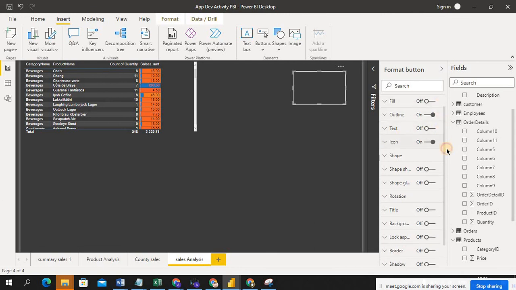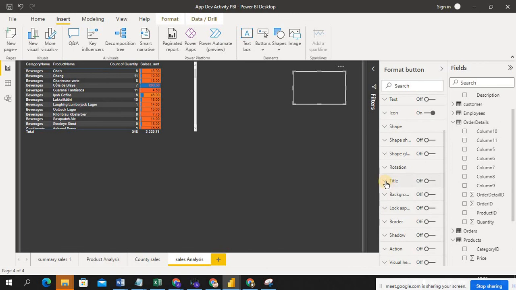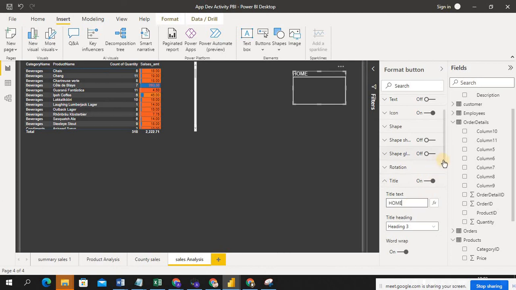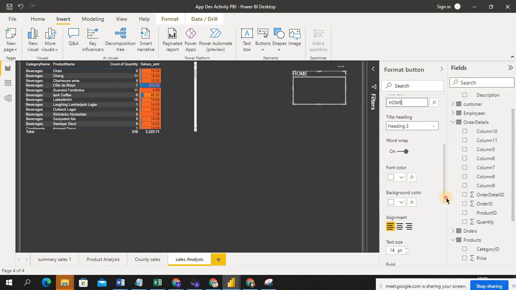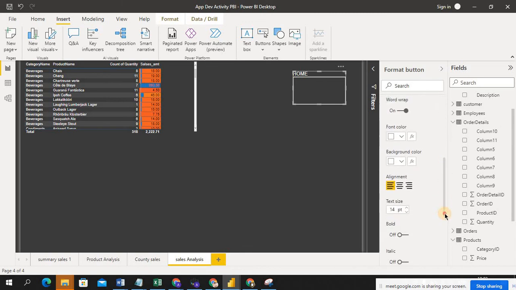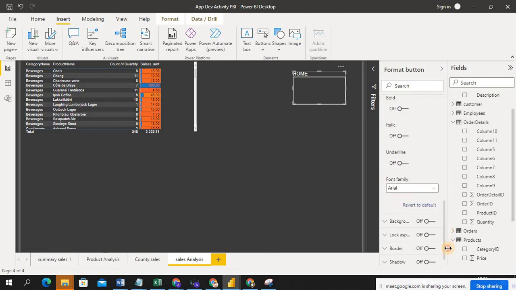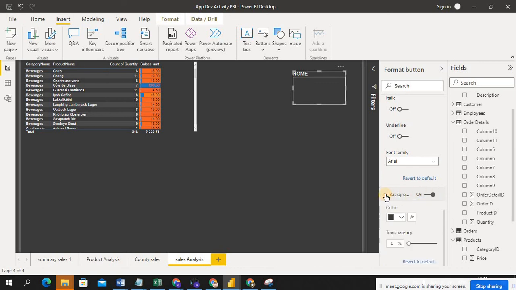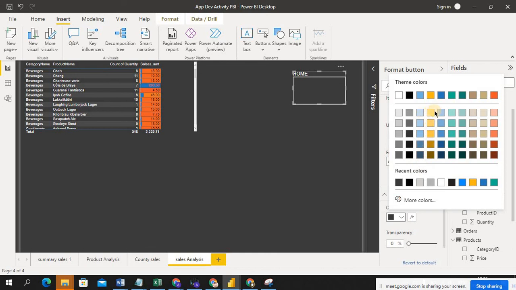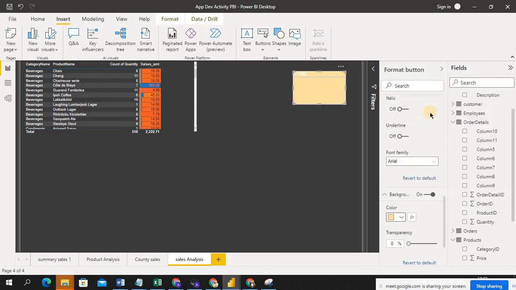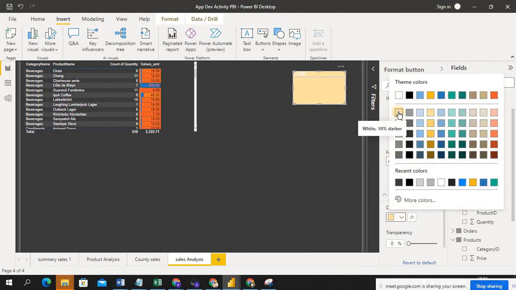Now the action, what I'm going to give. The title name is home button. Okay, home button. Here the background, I click black.